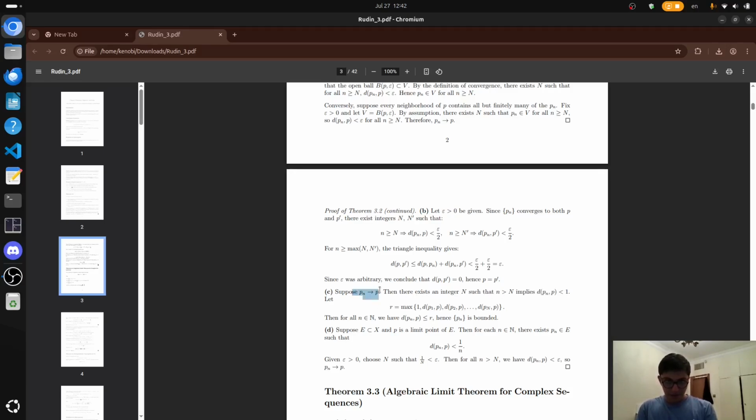Because it converges to P, we can limit the distance between Pn and P, and we just take that limit to be 1, right? We take R to be the maximum of the distances from P1 to P, P2 to P, and so on up to Pn to P. And we know the distance of Pn to P for all n greater than N is less than or equal to R. Because at each point,